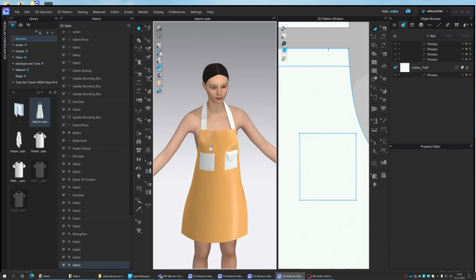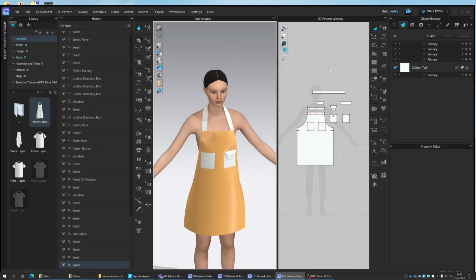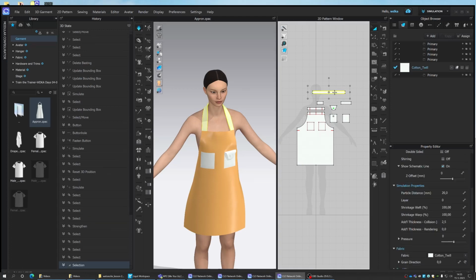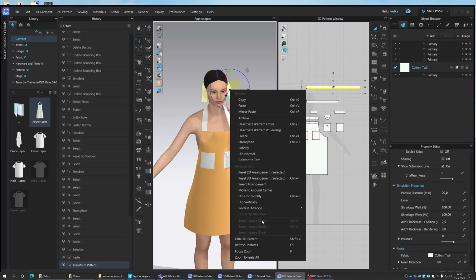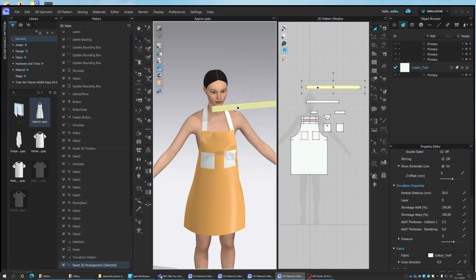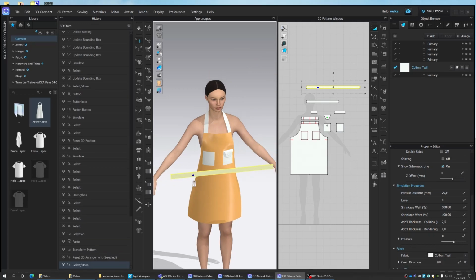We have a pocket. Maybe we would like to add as well a belt. What you could do is, we have already here a band. We can copy paste the pattern piece, and then we can make it wider. And I would suggest to reset the 2D arrangement, bring it around the waist,